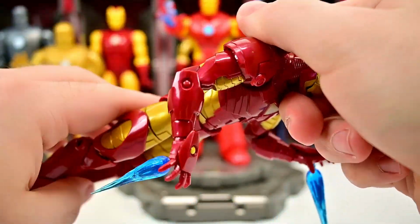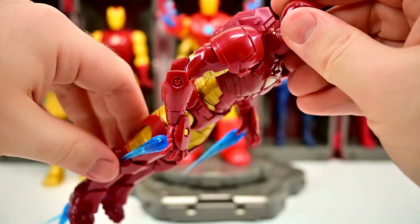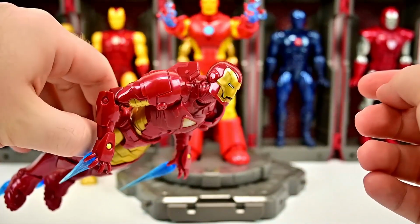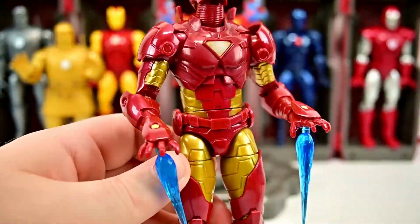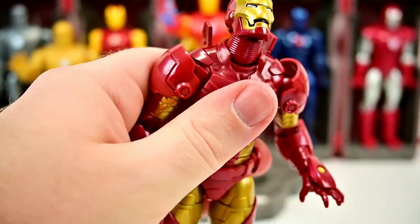Maybe we can put it down so it's like it's flying through the air. If we get his head to look up there, I can maybe be using him more like that, the repulsors, to help him fly instead of shooting and stuff. But again, it's hard to really do with the feet designs, because obviously it doesn't really work out the best. But like I said, for this, mostly it'll just be an armor that we can stand in